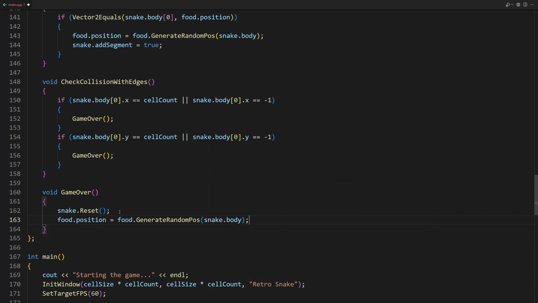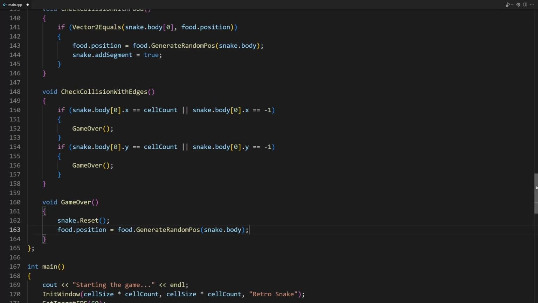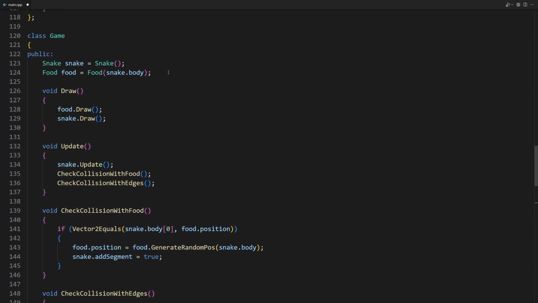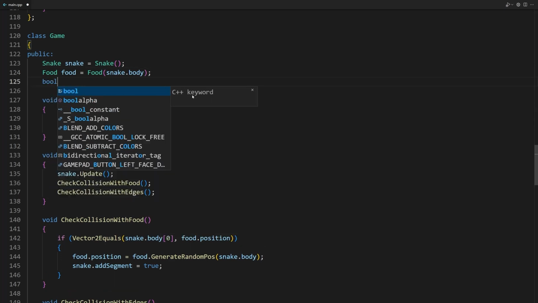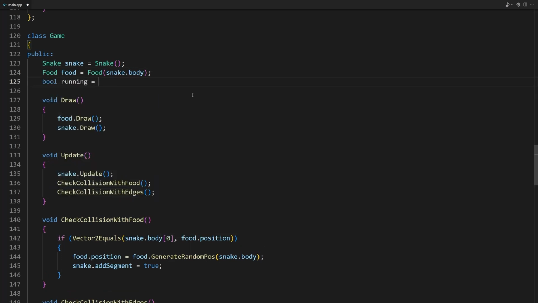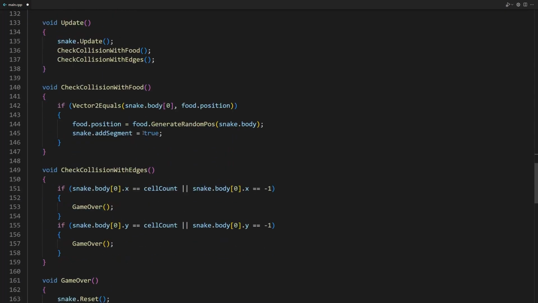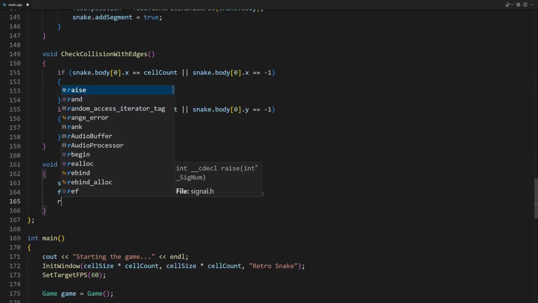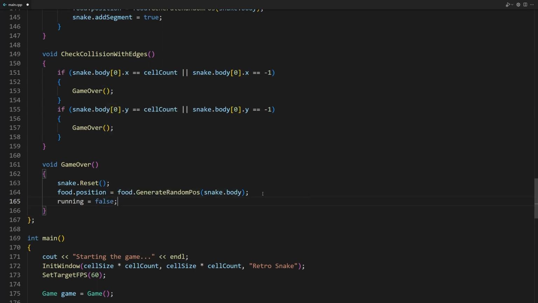Now we have to pause the game until the player presses any key on the keyboard. For this, we're going to need to add another attribute to the game class. Let's call this attribute running and make it a boolean. bool running. The running attribute can only have two possible values, true if the game runs and false if the game is stopped. Let's make the attribute true. Now, when the game ends, we have to change the game's running attribute to false. running = false;